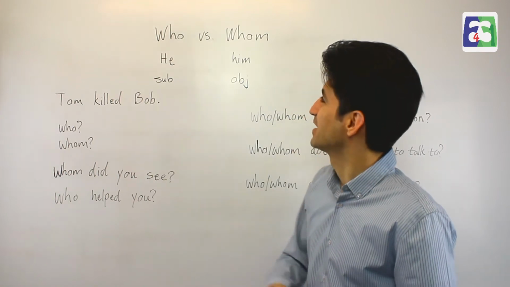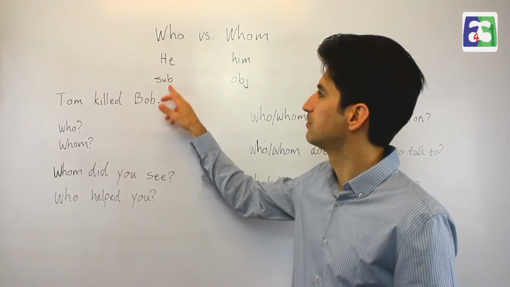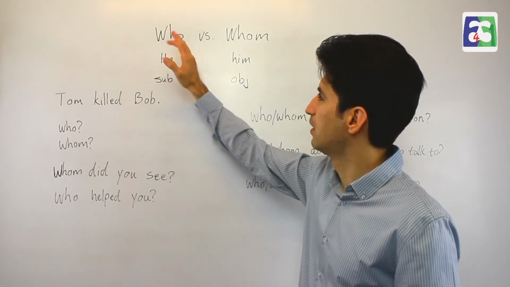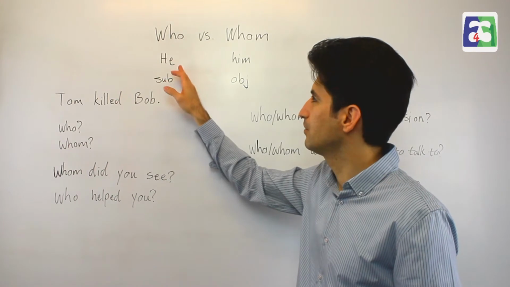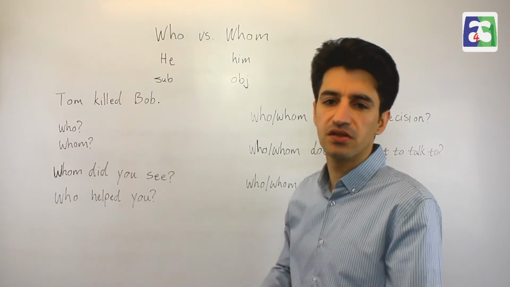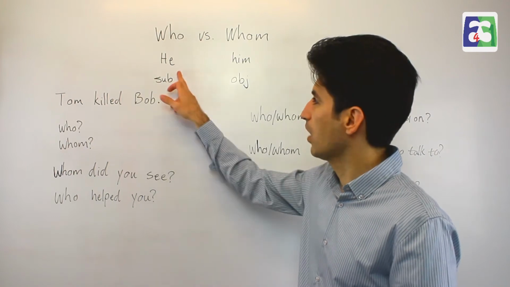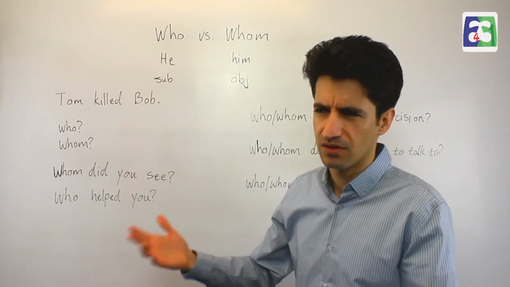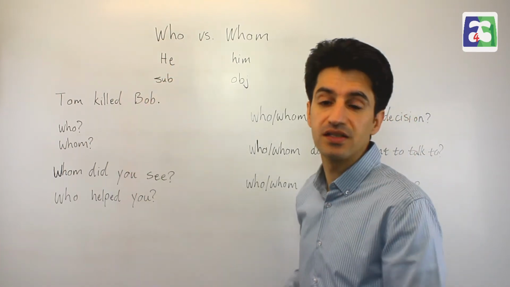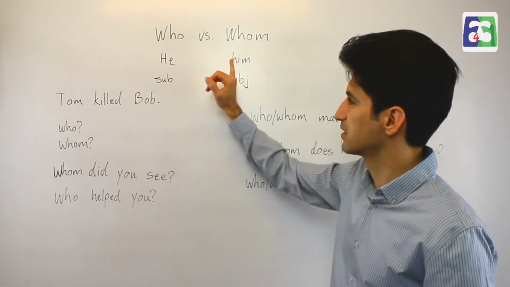Alright, so when I talk about someone as the subject, let's say third person singular, then I say he. He goes to school. He helps Janet. He does this. He does that. So he is the doer because he does things. I can't say him helps someone. No, I can't say that. Him is not the right thing as the subject of the sentence. So the subject of the sentence is like this, and the object of the sentence is like this.